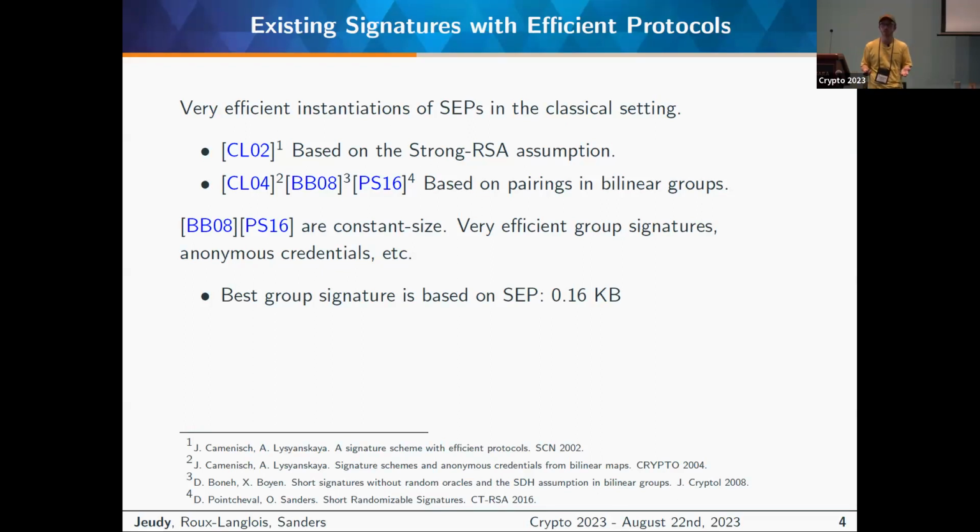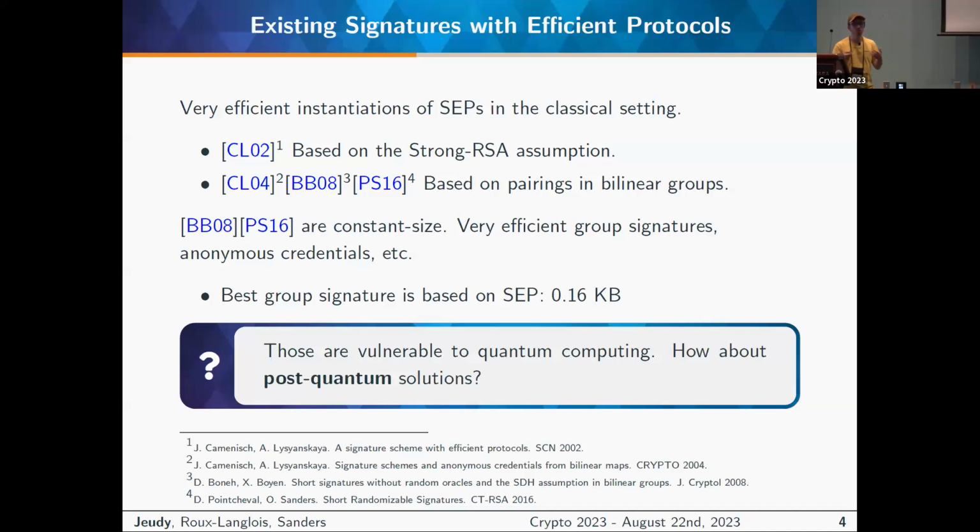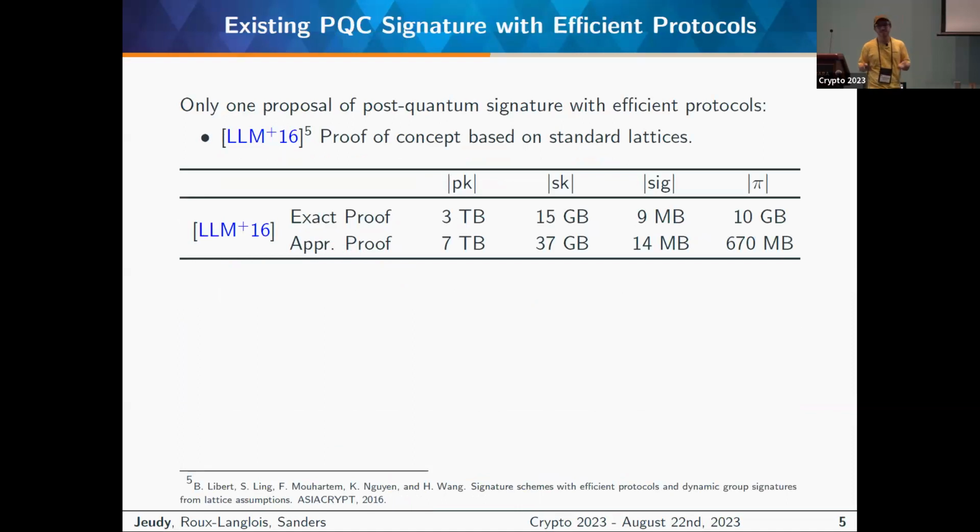So it's extremely efficient. The problem, though, with all of these constructions is that they all rely on assumptions that do not withstand quantum computing. So the next question I want to ask is, do we know any post-quantum solutions, any SCP scheme that would be secure against quantum adversaries? And once again, the answer is yes, but in a slightly unsatisfactory manner, in the sense that there is, prior to our work, only one proposal of post-quantum SCP based on standard lattices from Libert and his co-authors in 2016,